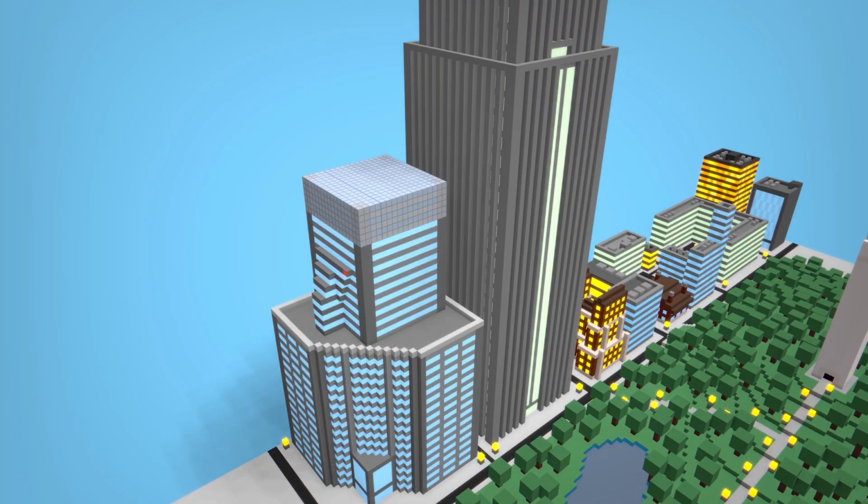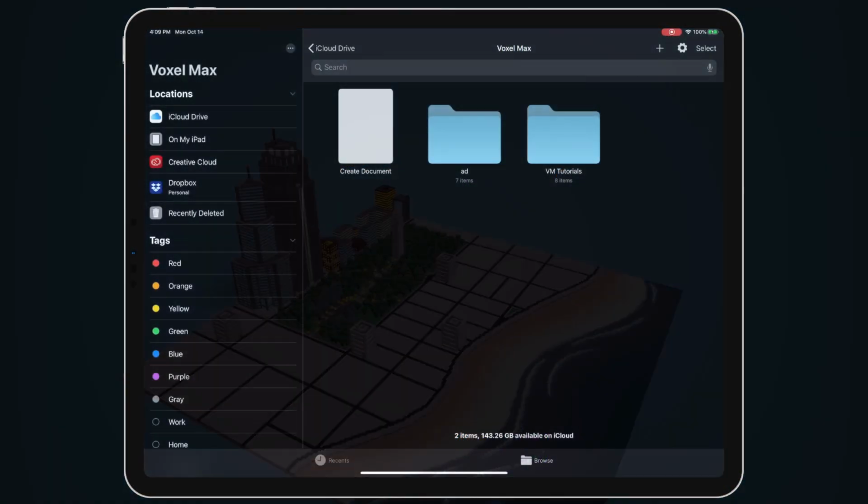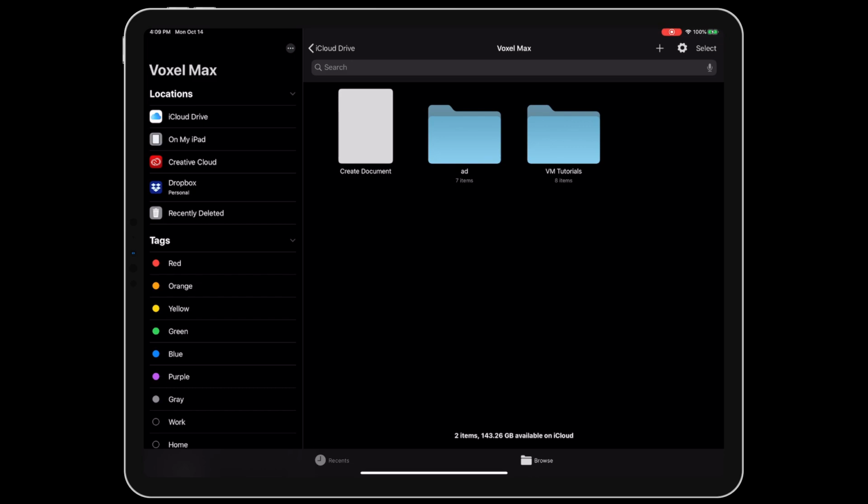Let's take a quick tour of Voxel Max's slick interface. When the app opens, we are greeted with the familiar file browser for iOS. Voxel Max can store its documents in iCloud, Google Drive, Dropbox, or any other folder on your device. It's set up to automatically sync your saved files, so you can edit from your phone on the bus, then jump right over to your iPad in a cafe. Voxel Max also saves your complete file history, so you never run out of undos, even after restarting the app